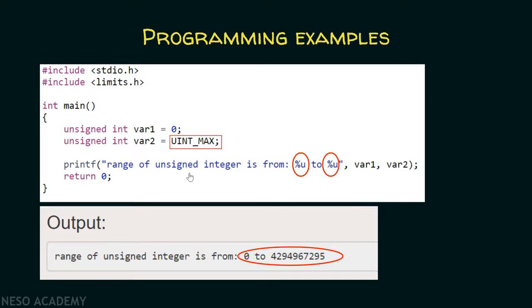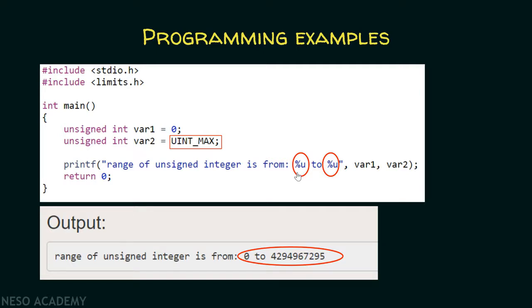In the second example, we are trying to print the range of unsigned integer. Here the symbolic constant for maximum value of unsigned integer is UINT_MAX. Also, there is no symbolic constant available in limits.h header file for minimum value of unsigned integer, because minimum value is fixed for all systems, and that is 0. And there is one more important thing to note. Here to print the value of an unsigned integer, we have to use %u instead of %d, as %d is to print decimal value, but %u is used to print unsigned decimal value.